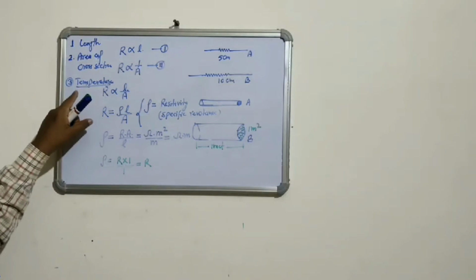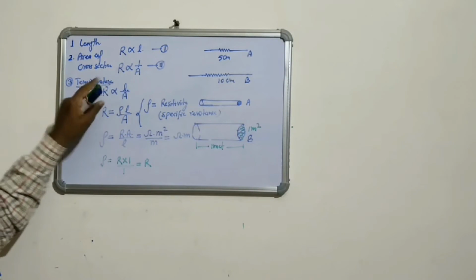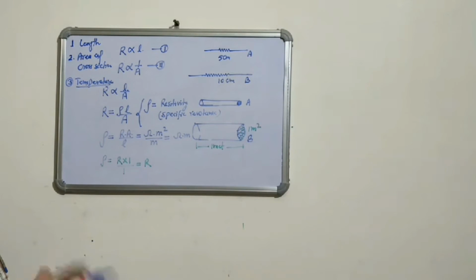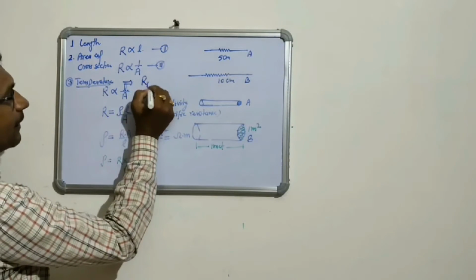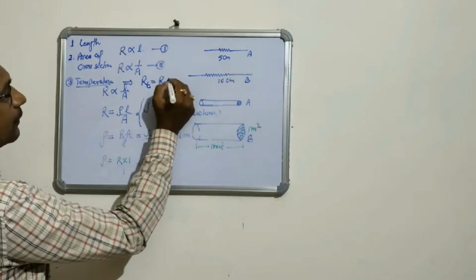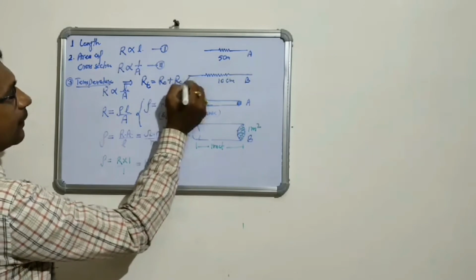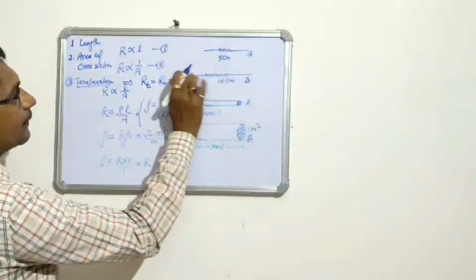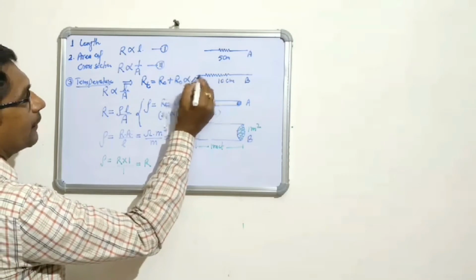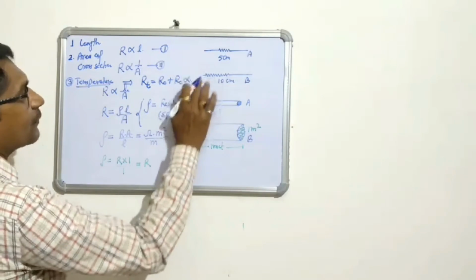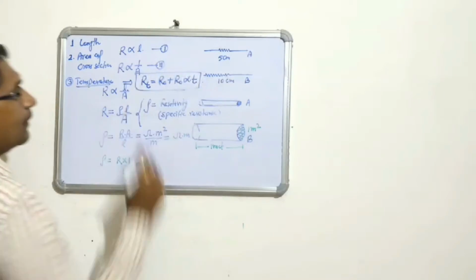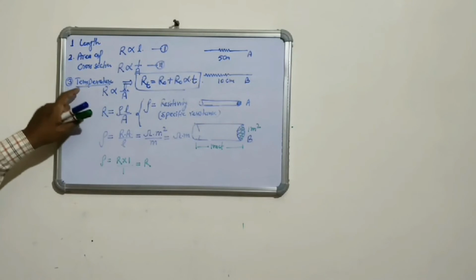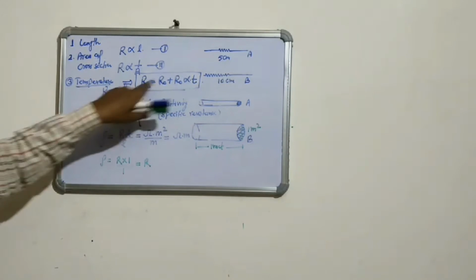Why temperature affects the resistance in detail, you will discuss in higher classes. But one formula I have here: R_T equals R naught plus R naught alpha delta T. Here delta T means T, because the temperature is starting from 0, so we can use T. This is the relation which shows how resistance depends on the temperature.